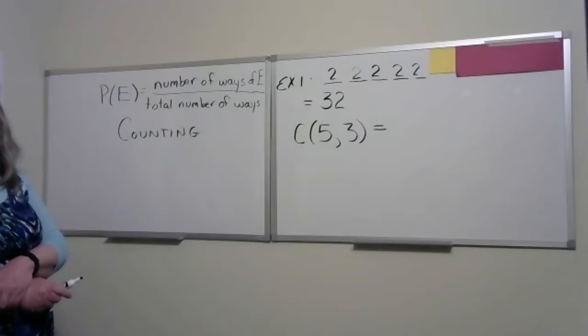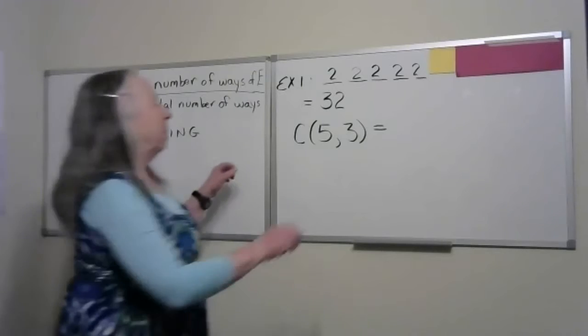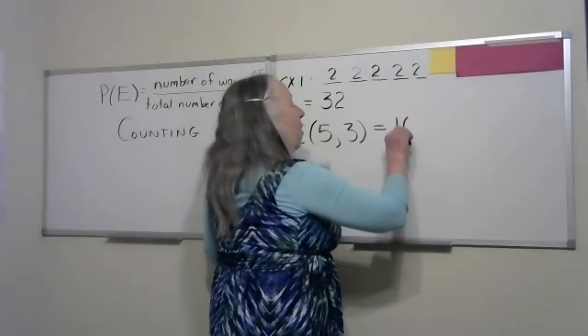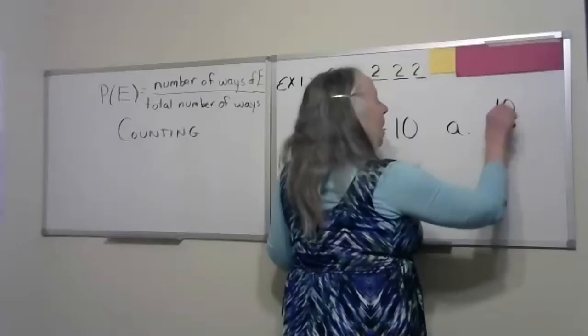Are you putting in the 5 before you put in the math nCr? Put the 5 in first, then go to math, the nCr, and then put 3 and click enter. Okay. I got stuck on that too. Thank you. No problem. What did you come up with, Denon? 10. Okay. All right. So for part A, we're looking at 10